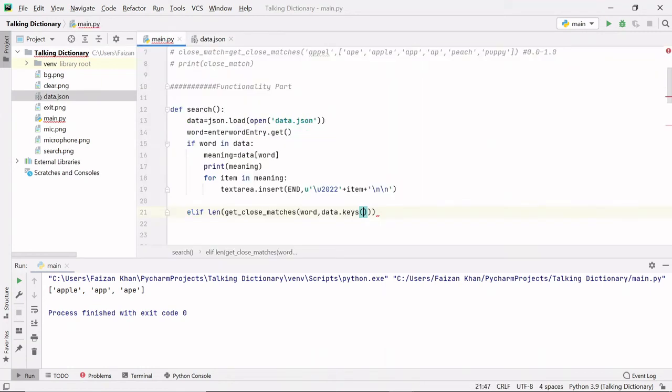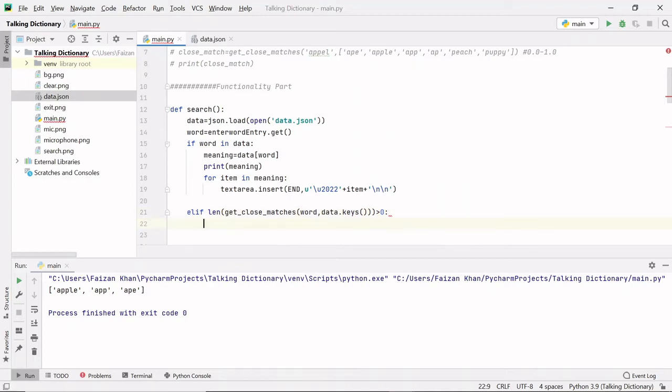So it will simply check for the closest match inside data.keys. If a match exists, then the length will be greater than 0, and if there is no match, then the length will be 0. So if there is some match, that means that we have written a wrong spelling of some word.